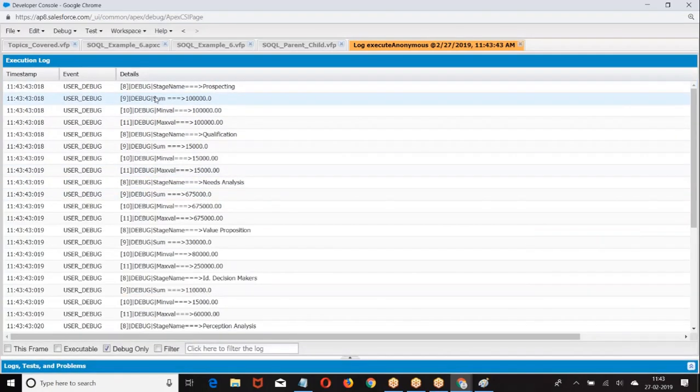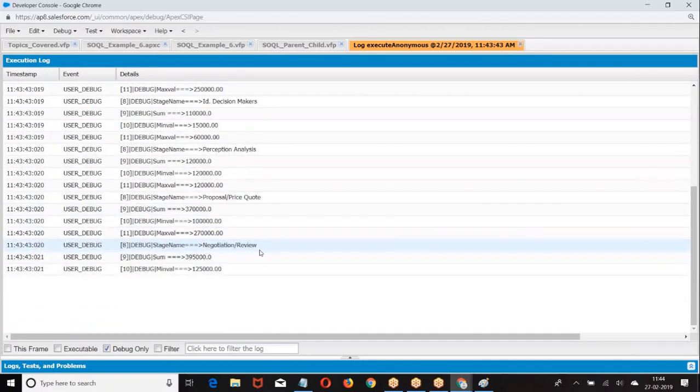Stage name prospecting, sum, min, max. Stage name qualification, sum, min, max. Stage name need analysis, sum, min, max. Stage name value proposition, sum, min, max. Stage wise we got the value.